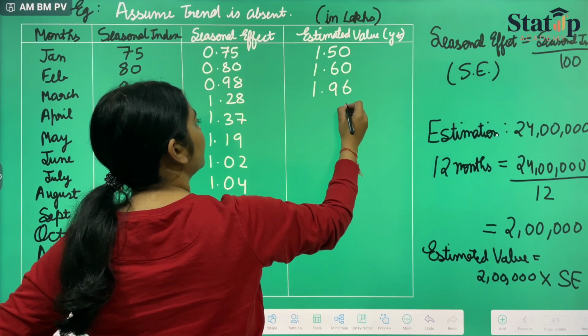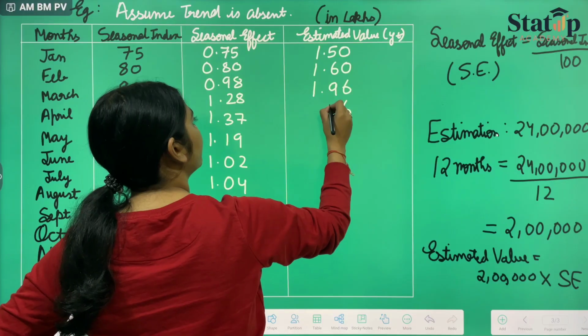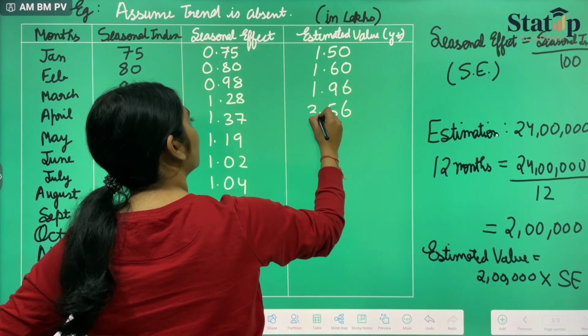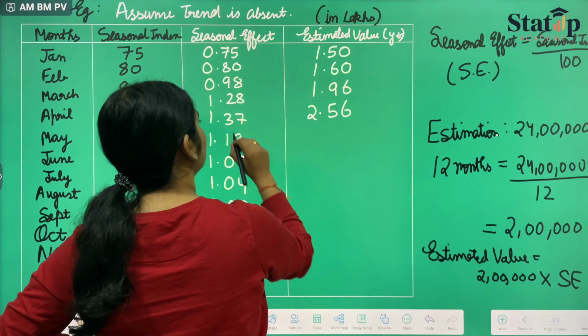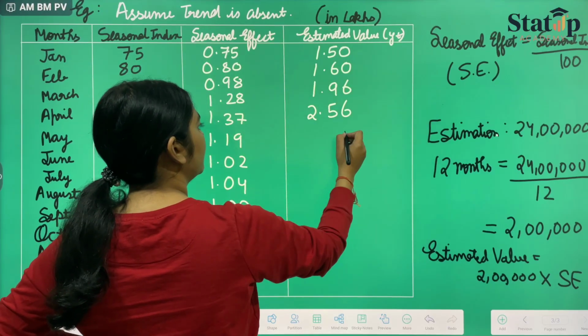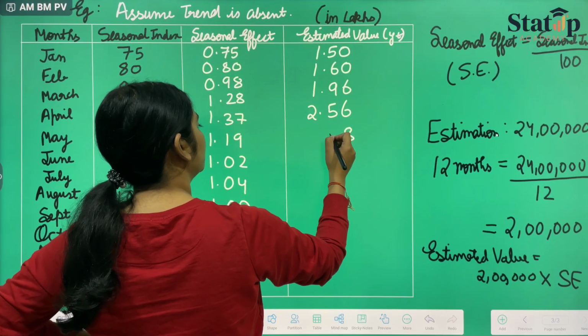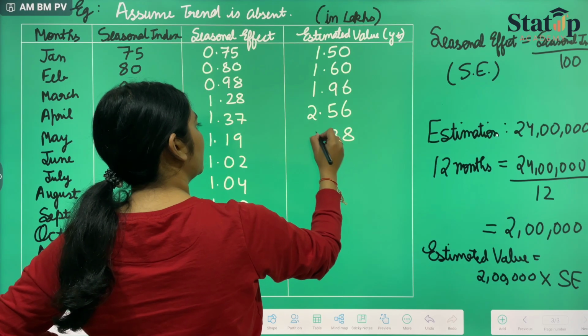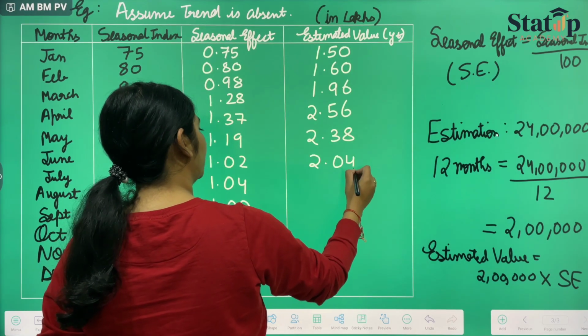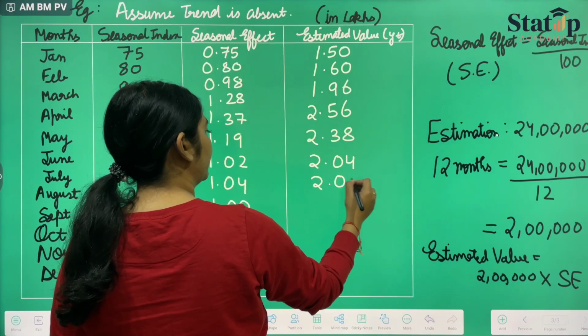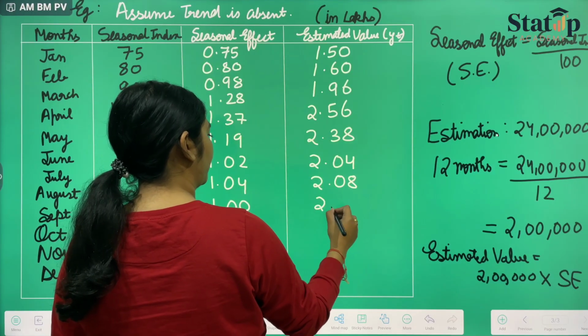Then it would be 2.56. Then 2.74, then 2.38, then 2.04, then 2.08, then 2.00,